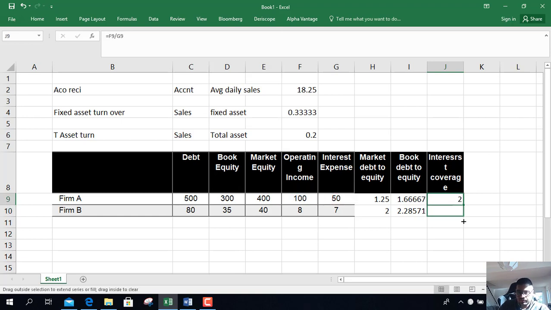So 2 and 1.42. So firm B has more debt and it has less interest coverage ratio, because my debt is more and interest coverage ratio is also lower. So more debt is a problem because it has higher debt expense than firm A, and interest coverage ratio means are your earnings enough to pay your interest. Now it has a lower interest coverage ratio, which means it doesn't have as much in earnings as firm A to pay its interest obligation. So if times are tough, B will be in more problems than A.